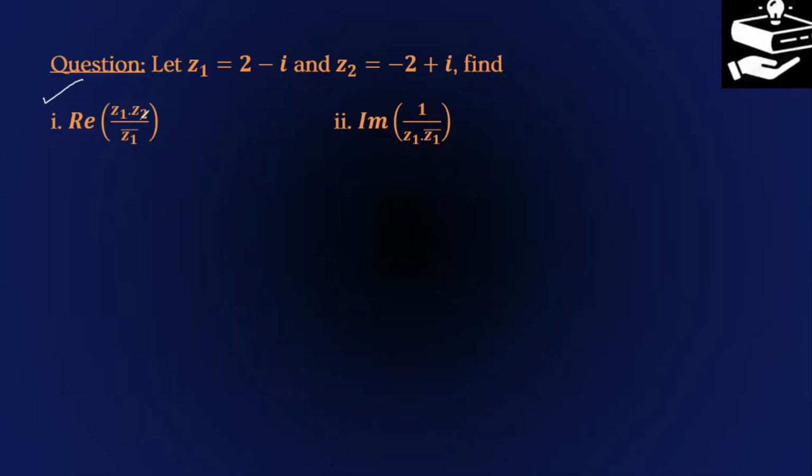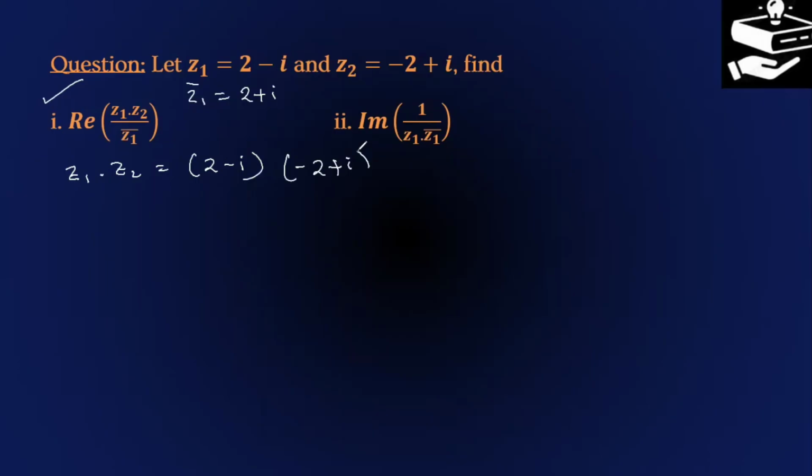So first we need to find z1 z2. But first of all, z1 bar. What is z1 bar? Z1 bar will be 2 plus i, right? We just change the sign of the imaginary part. And what is z1 dot z2? Let's see. Z1 dot z2 is 2 minus i times